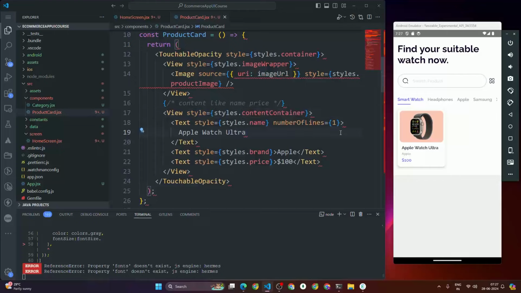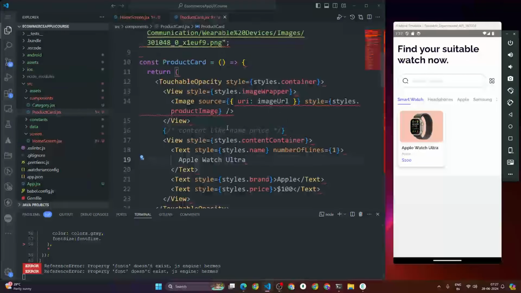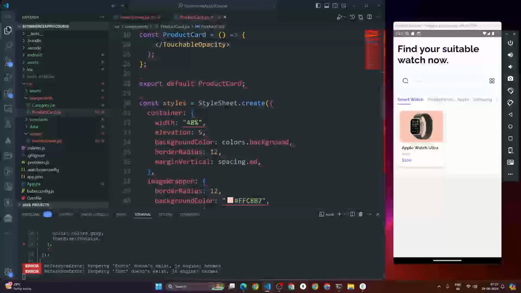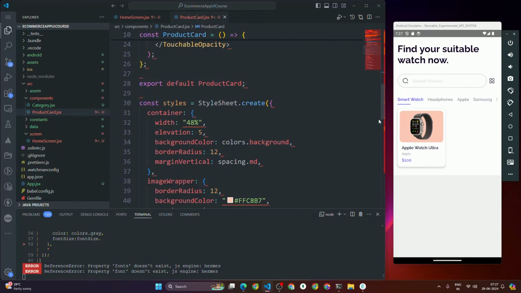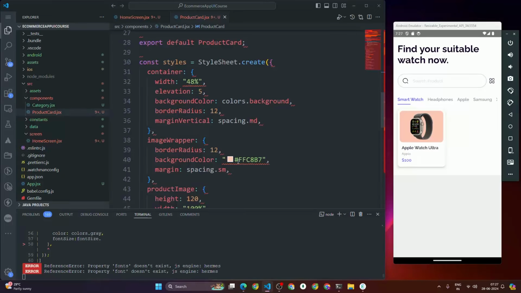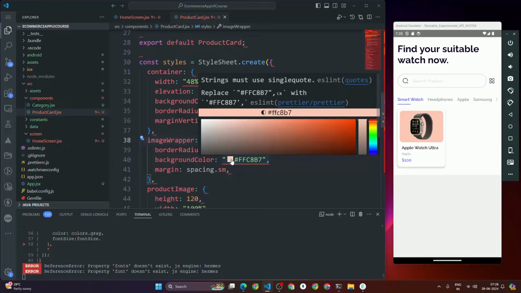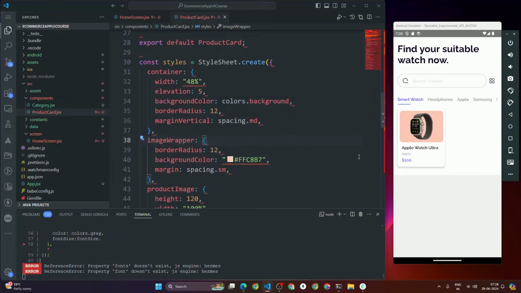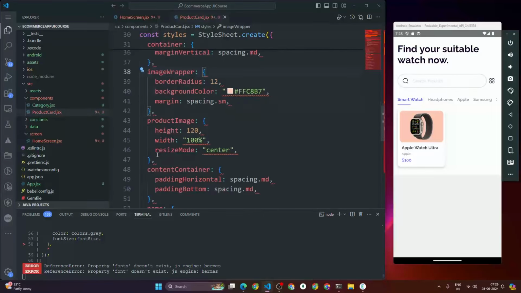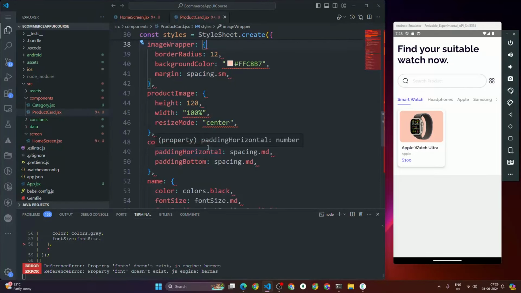Now after this, we have defined the brand, price, all the things. If you look at the styling, first of all we defined the container with a width of 48%, elevation, background color, border radius, and margin vertical. After that we have an image wrapper, and inside it we gave a border radius of 12 and a background color of this orange kind of color. We also define the margin as spacing dot small, product image height and width, resize mode center, content container padding horizontal,